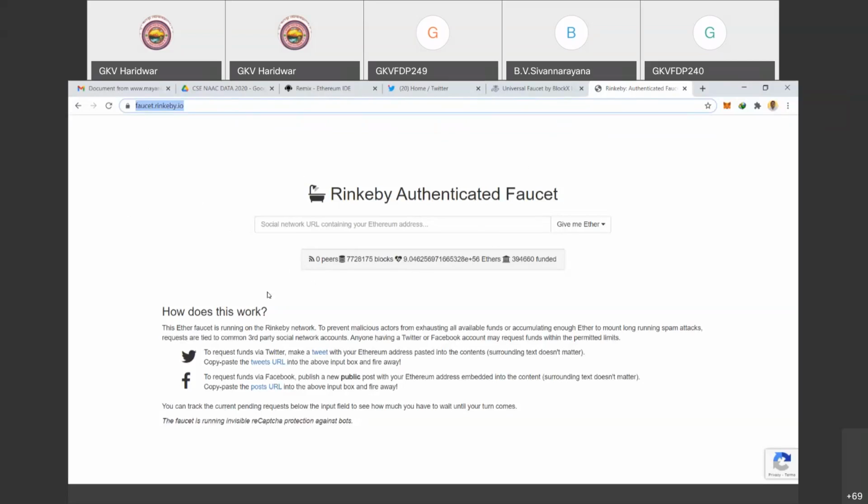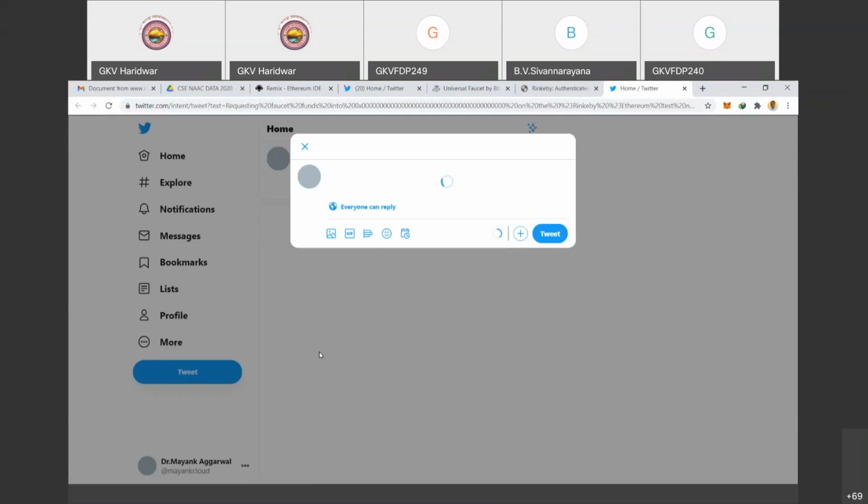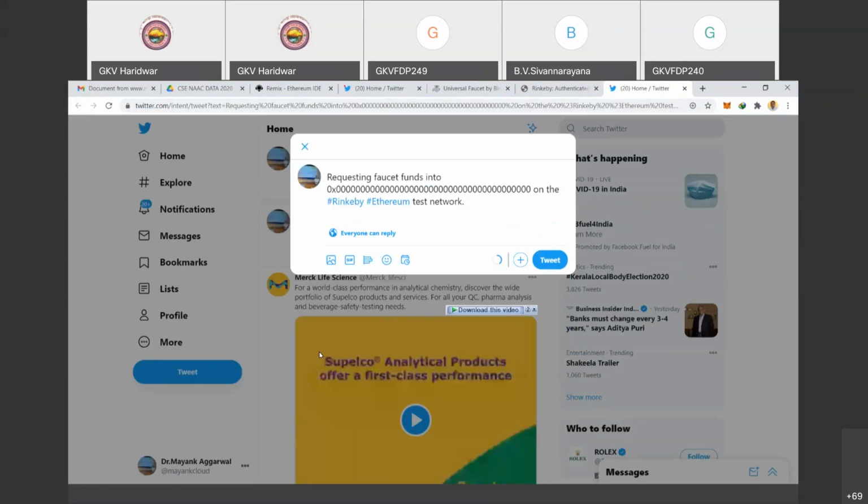When you go to this faucet.ringby.io, to request funds, it says you have to make a tweet. Just click on this link over here where my cursor is. Tweet. The cursor is visible, I hope. Clicked over here. You've already logged into your Twitter account, so this type of message will appear. The message says requesting faucet funds on the Ringby test network. The surrounding message does not make any sense; you can put any message with it. What makes sense is this 0000,